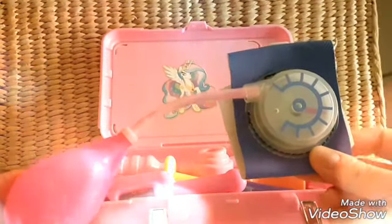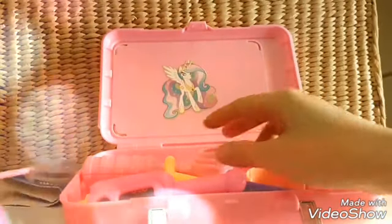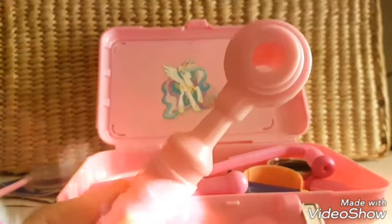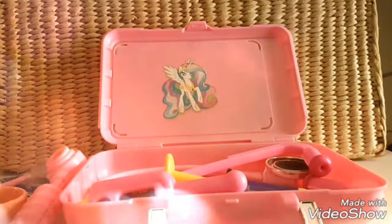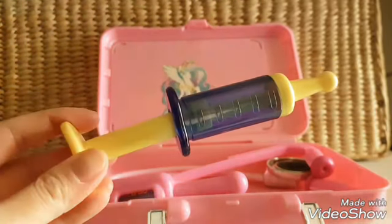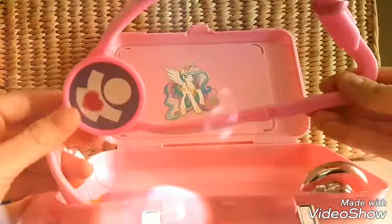This is a blood pressure cuff. 呢個係血壓計。This is an otoscope. 耳鏡。This is a bandage. 膠布。This is a syringe. 針筒。呢個咧叫做 stethoscope，